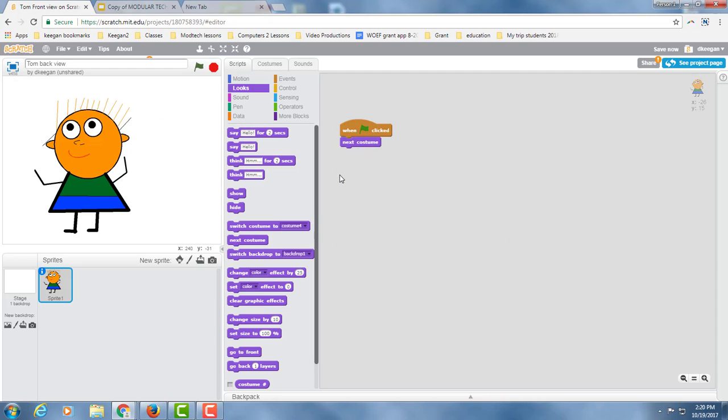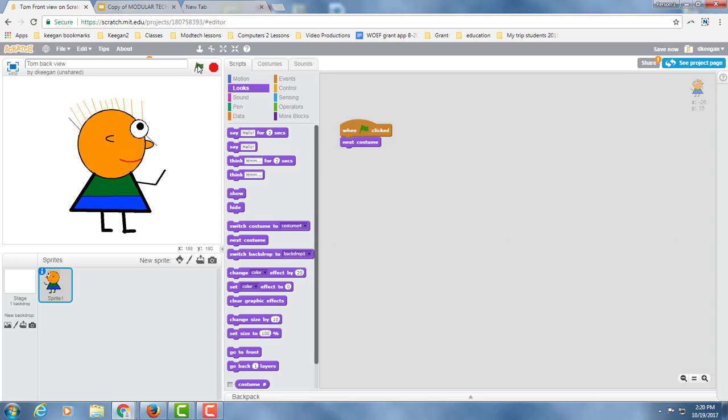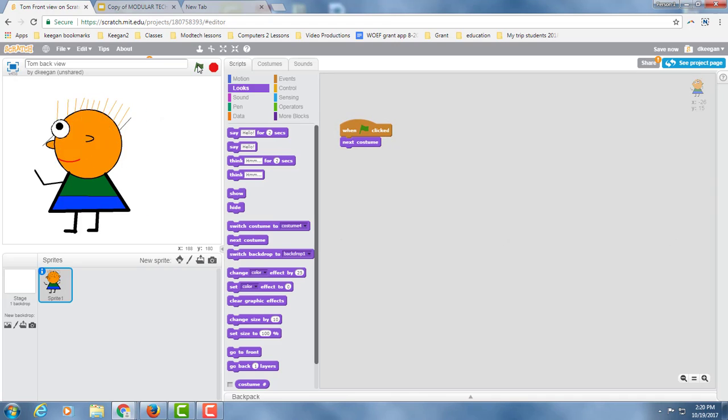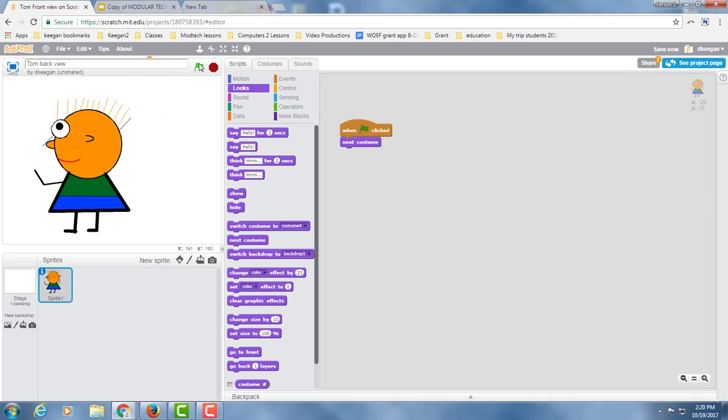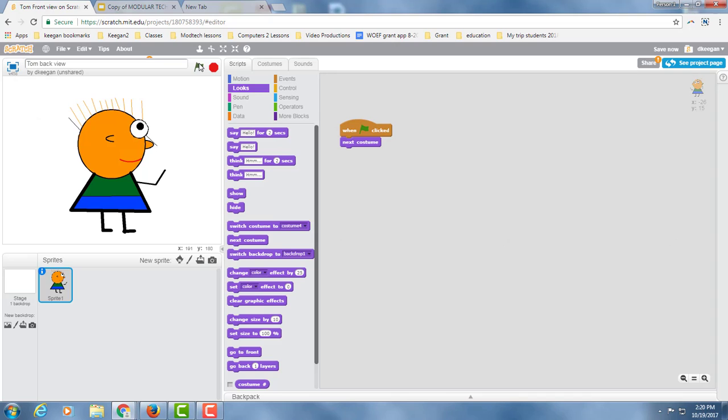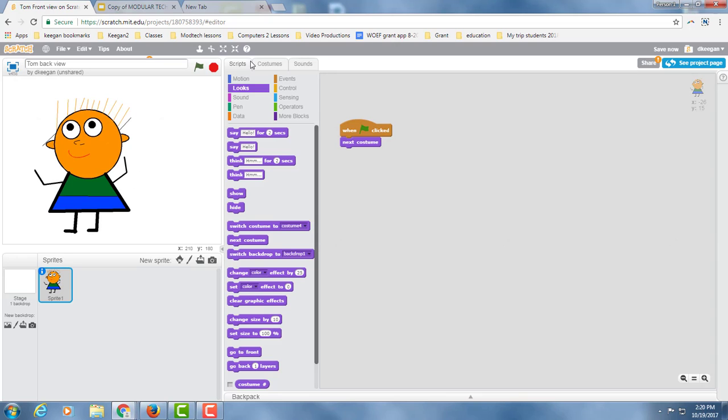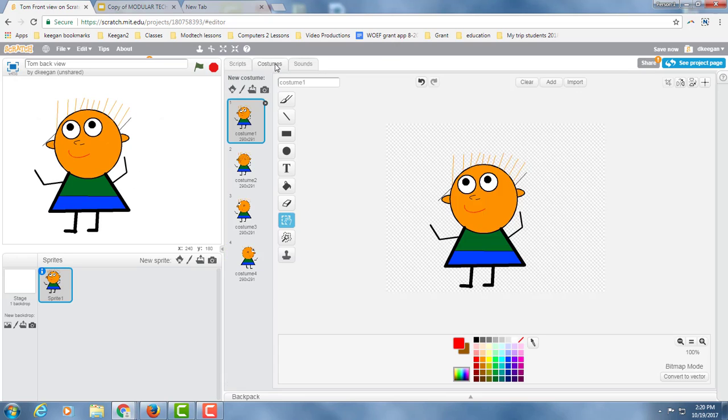So I just made that a little bigger. So now what will happen is when I go and click on this, look at it, it kind of moves for us. See how he's moving around? Perfect. And if you feel as though it's not lined up, then we're going to go back and take off the arm of your sprite, if you want. And to do that, you just go back to your costumes,